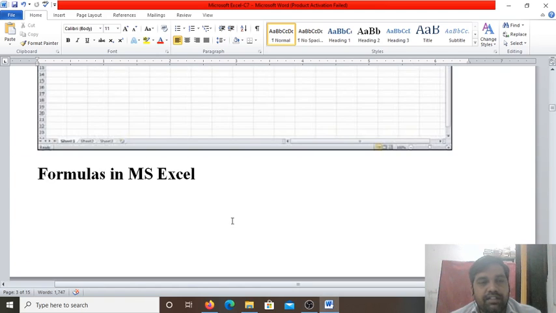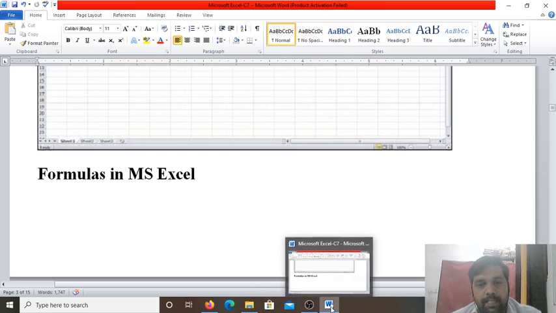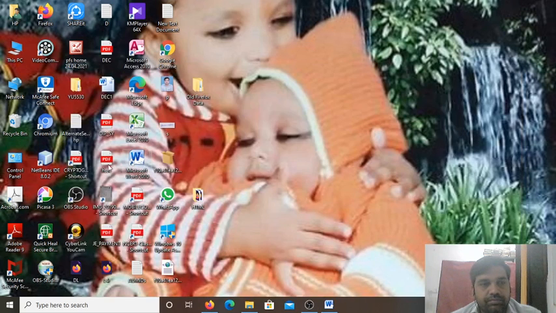Now after that we'll learn the formulas in Microsoft Excel. But before that, let me show you on the screen how to do this. Let me minimize this screen, and after that I will show you. See, on my desktop Microsoft Excel 2010 is here. I will double click on it, then I will get it. And the steps which I showed you, this is the start button.